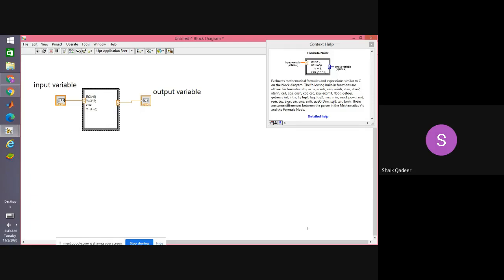Sometimes we want to have the execution of sequential formulas in between the program execution.